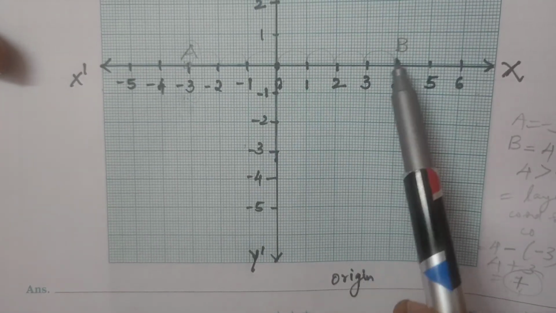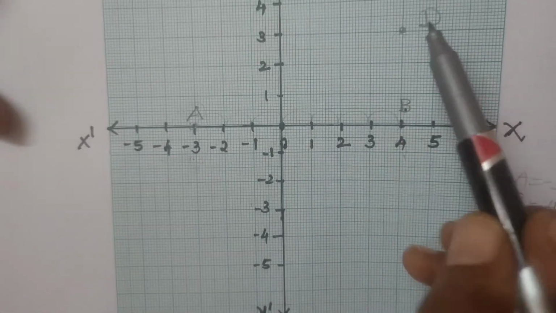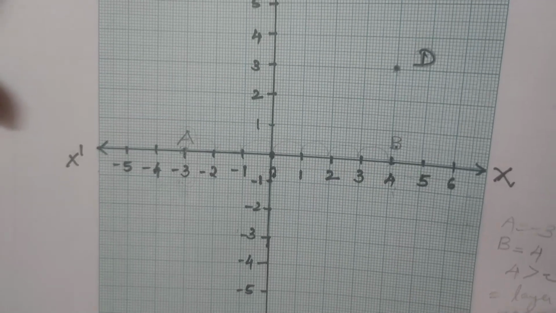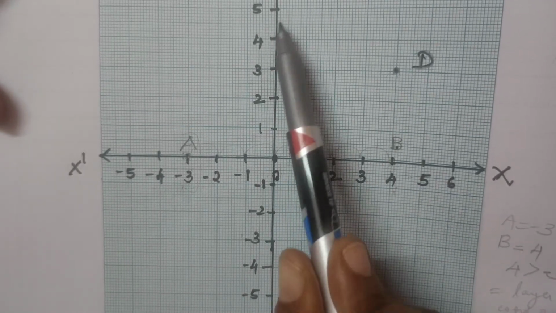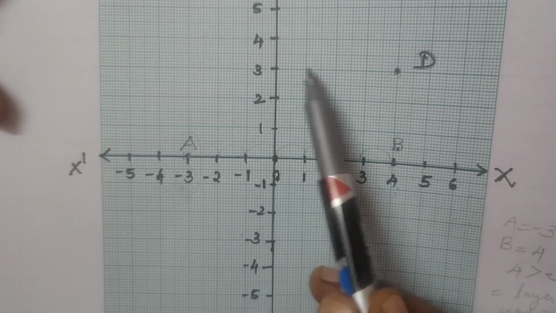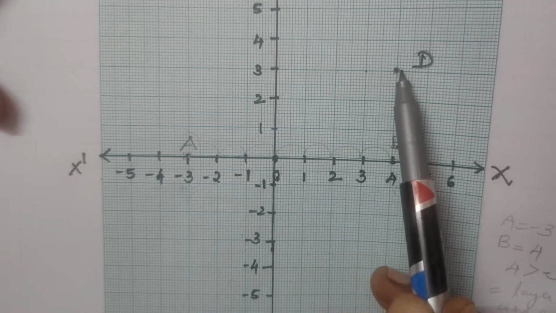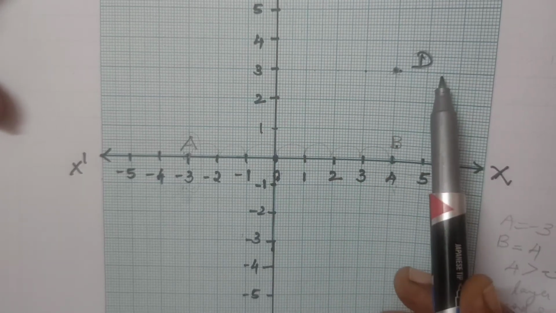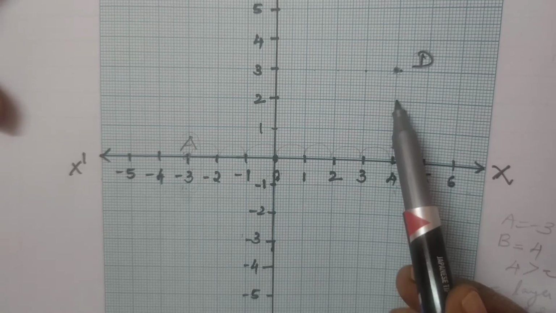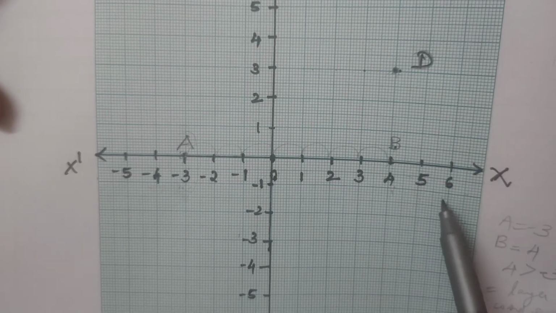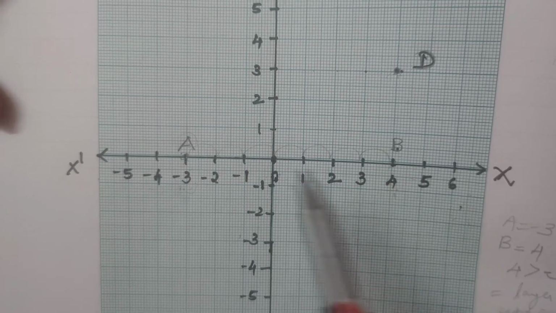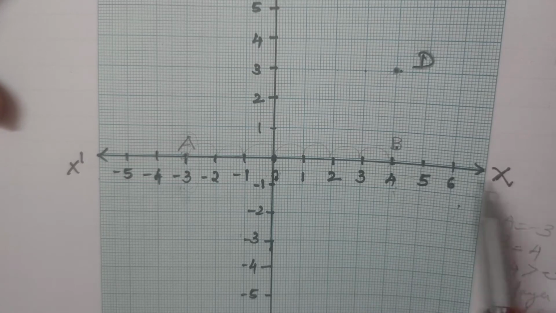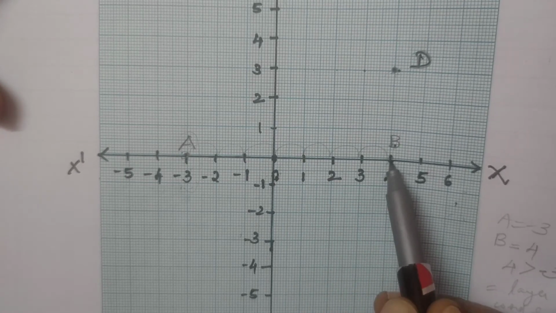What is this one? This is a B point, right? Yes. For example, I want to know where that D is located. So how should I find it? For the D location, if you want to compare from the y-axis, we say how many steps from the y-axis here? 1, 2, 3, 4. Right? 4 steps away from the y-axis, and from here 1, 2, 3, 3 steps away from the x-axis, we say. Is it or not? Now see, here you look at the x-axis, how many steps? 1, 2, 3, 4, right?